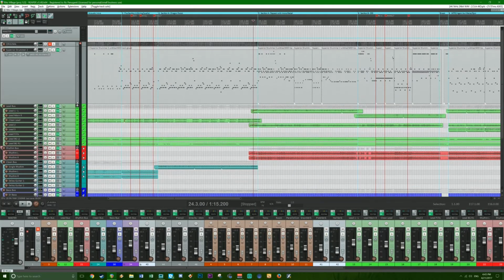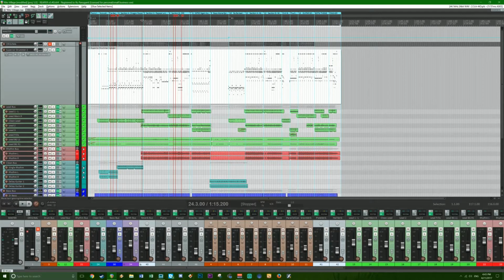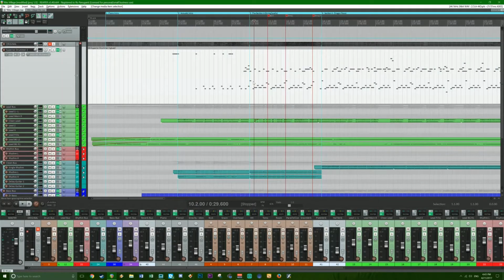So the first thing I want to go over, because I find this to still be an issue, or rather a question I receive often is, how do you write drums? How are you playing the drums? And more importantly, how do you make drums sound good and realistic? And, honestly, the best thing you're going to find is you're going to have a real drummer play it. But if that's inconvenient,